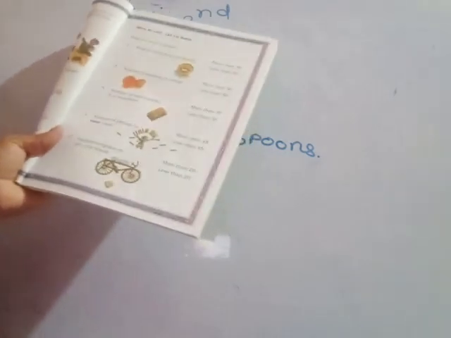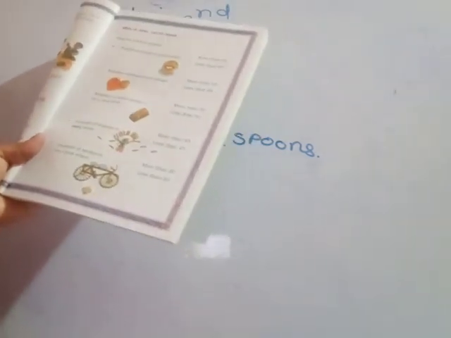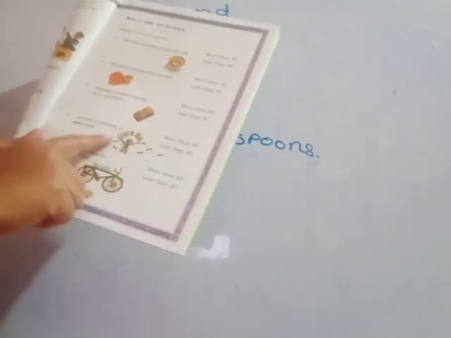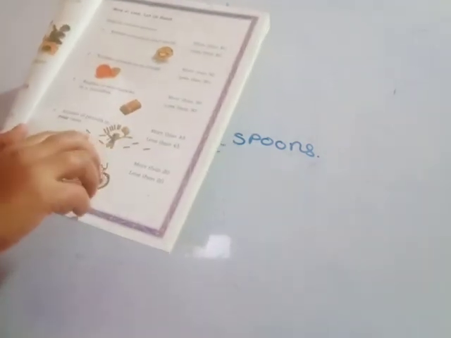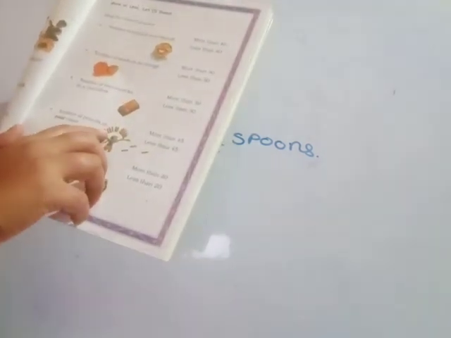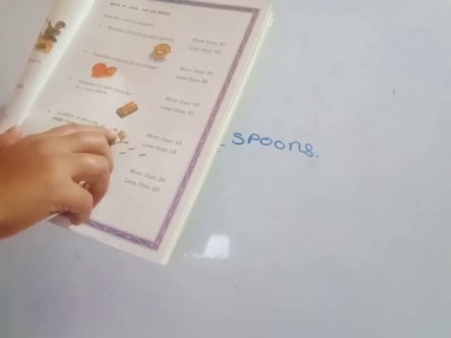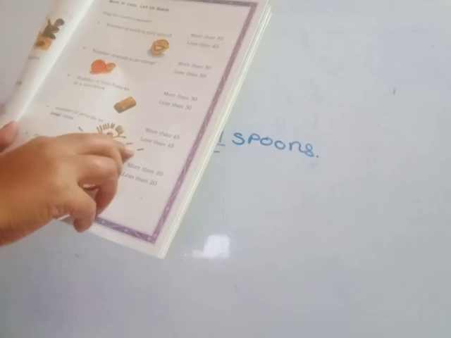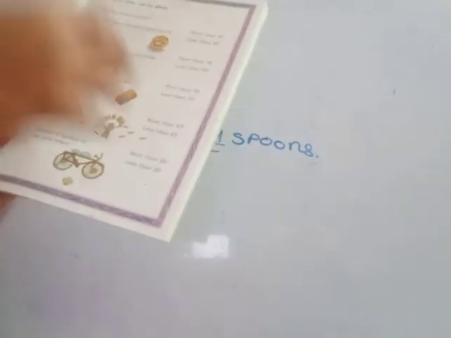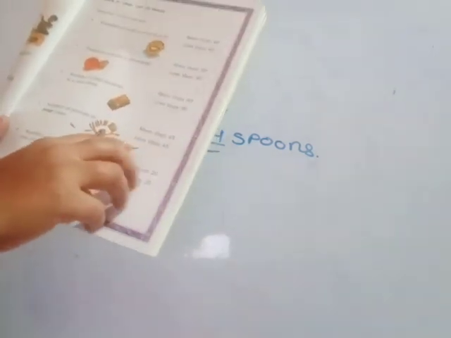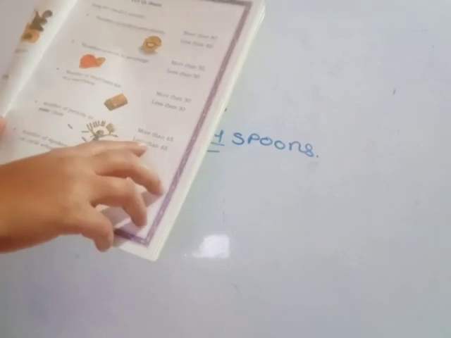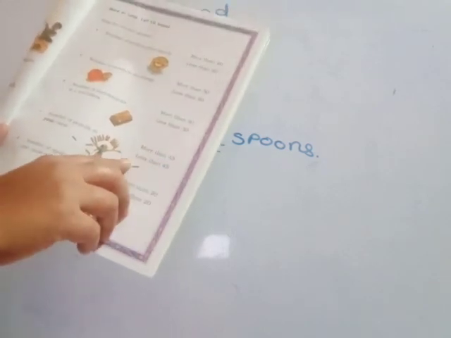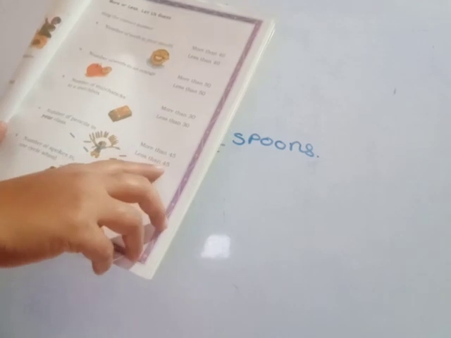The next one, see, number of pencils in your class. See this, how many pencils? 1 2 3 4 5 6 7 8 9 10 11 12 13 14 15 16 17 18 19 20. More than 40 or less than 40? All these pencils are less than 45. More than 45 or less than 45? These pencils are less than 45.